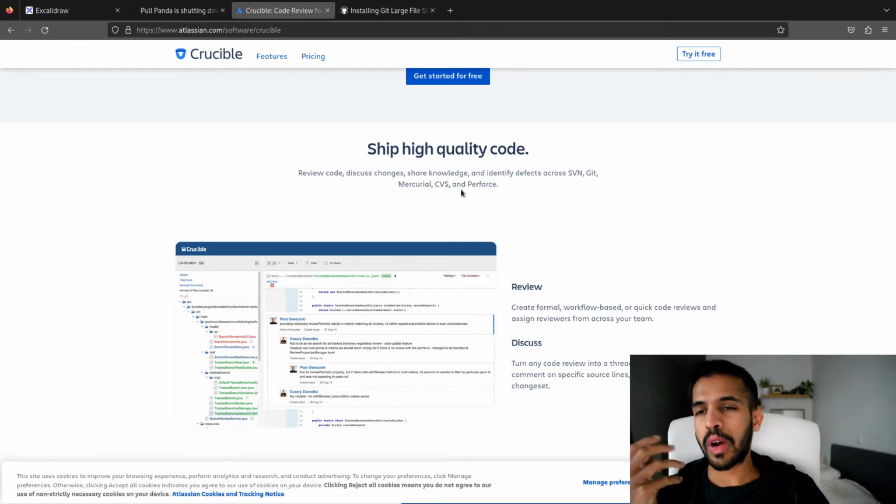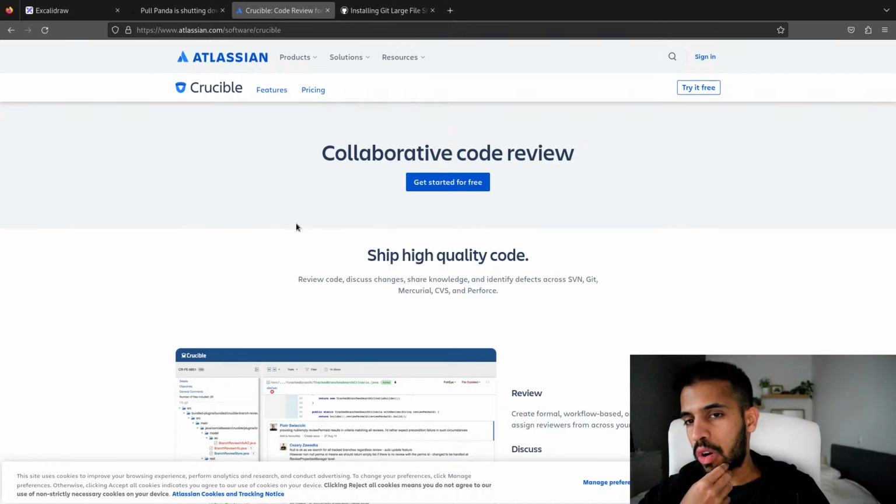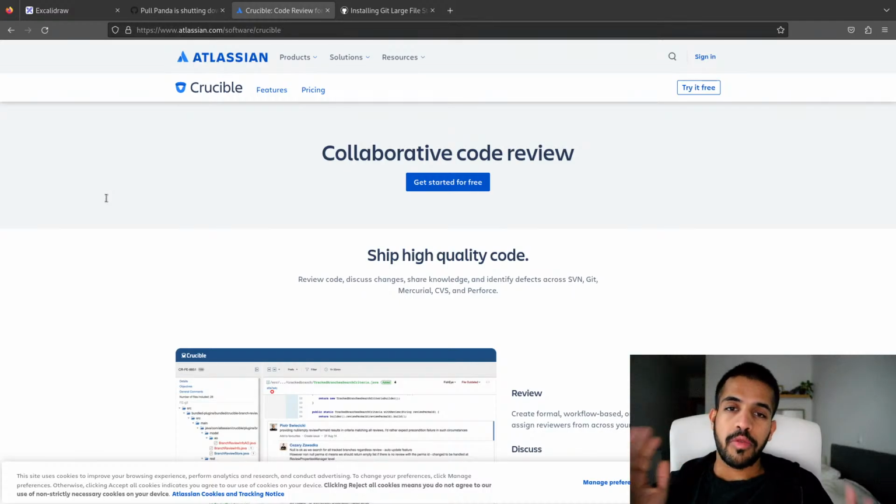So this is why I say that this experience with working around SVN and Crucible wasn't so ideal. Part of it was processes. The other is because it just works a bit differently, and it's not as well optimized for these kinds of workflows as Git plus GitHub, for example. So that's just a little bit of context of what I've done in terms of code reviews and my experience with it. So I will just cover a few tips on code reviews, things that maybe have helped me with code reviews so far.